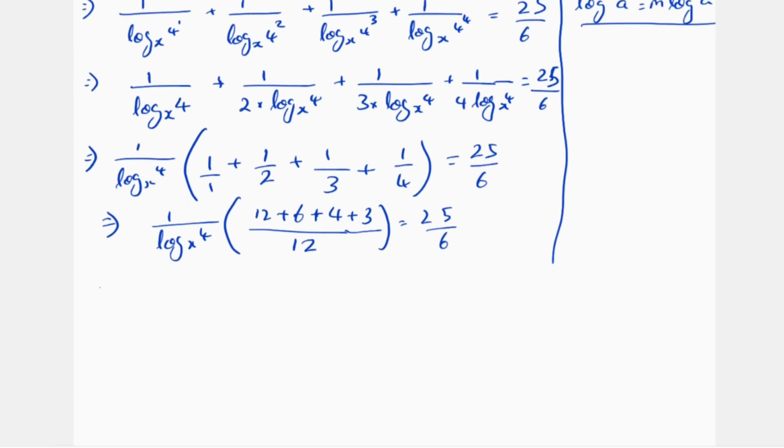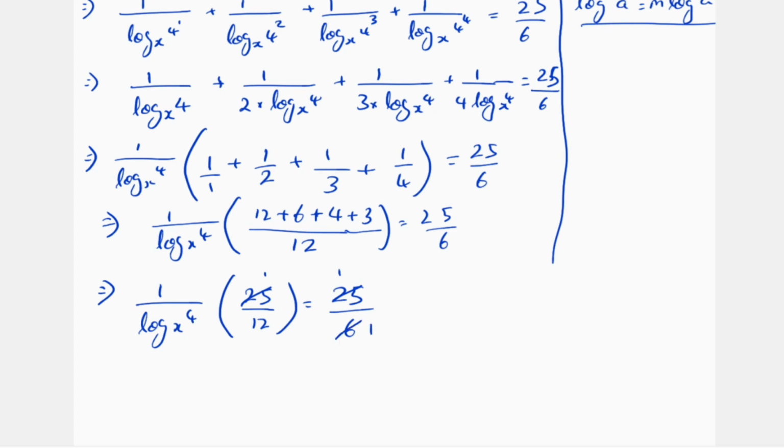Okay. Now, simple addition. 1 divided by log 4 to the base x multiplied by 12 plus 6 plus 4 plus 3, which is 25 divided by 12, is giving me 25 divided by 6. 25 and 25 on both sides I can cancel each other. 6 ones are 6, 6 twos are 12. So we have cancelled. Now I simply have to cross multiply the 2 from being the denominator on the left hand side to the numerator on the right hand side. So I'll be getting